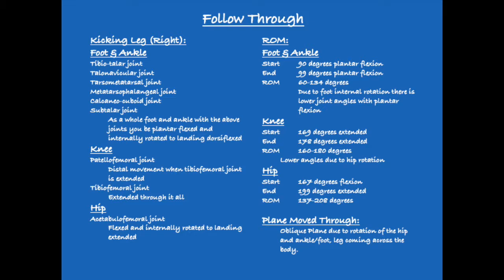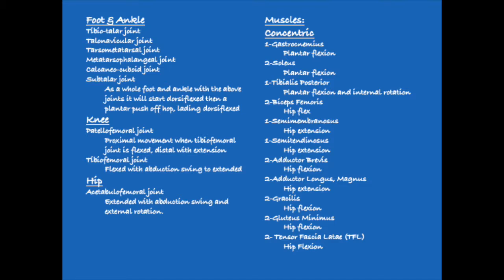The range of motion at the foot is 90 starting to ending at 99 with a full range of 60 to 134 degrees. The knee is starting at 169 and ending at 178 with a range of motion of 160 to 180 degrees. The hip started at 167 and ended at 199 with a range of motion of 134 to 208 degrees. The plane moved through this motion is the oblique plane due to all the rotation of the